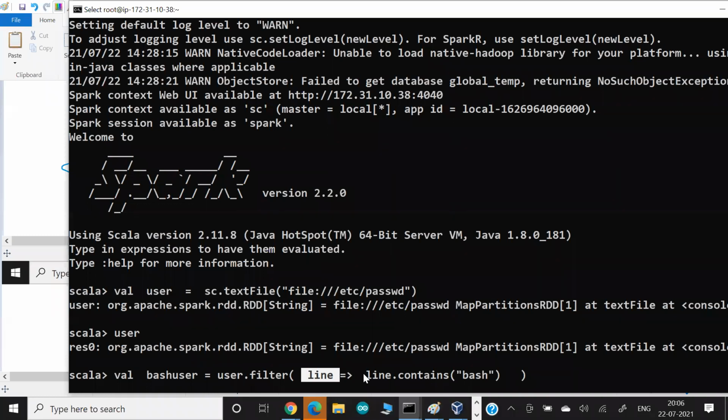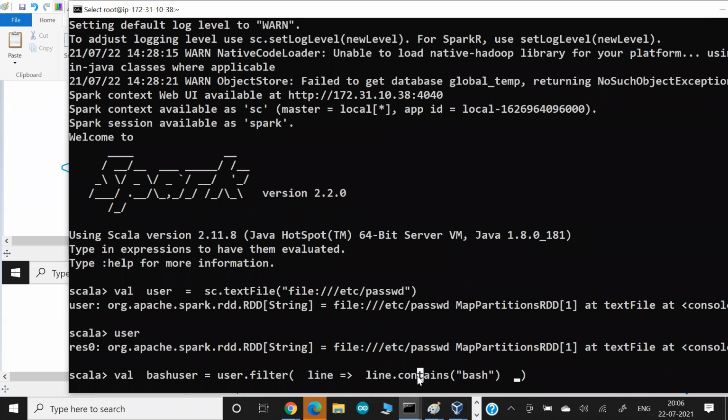This variable I am passing to what you can think of as a function. In the function, this is the argument, and this is the function body. Whatever information you pass in this variable or parameter, we run the function, and the line is one string, and on this string we have the contains function of Scala.